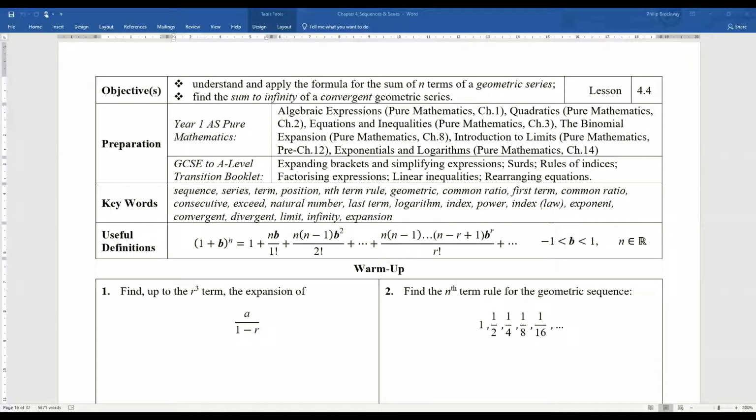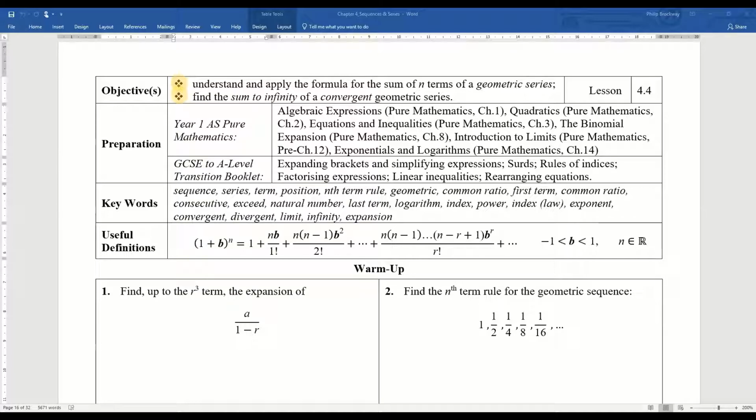Welcome to Year 2 Pure Mathematics, Sequences and Series, Lesson 4. Today we're going to look at the formula for the sum of n terms of a geometric series. Okay, and we're also going to look at an idea called the sum to infinity, which applies to convergent geometric